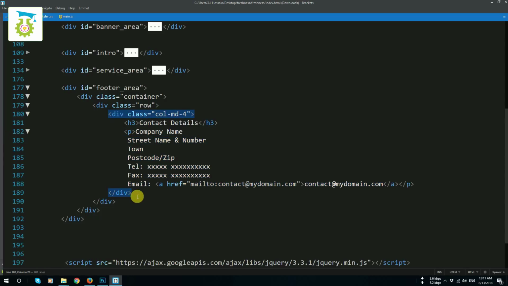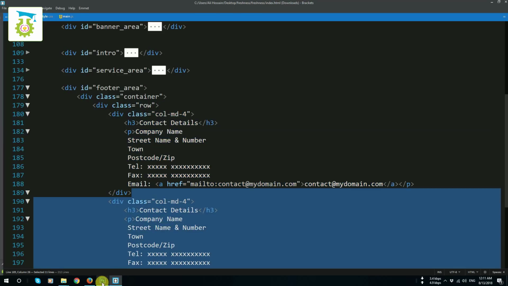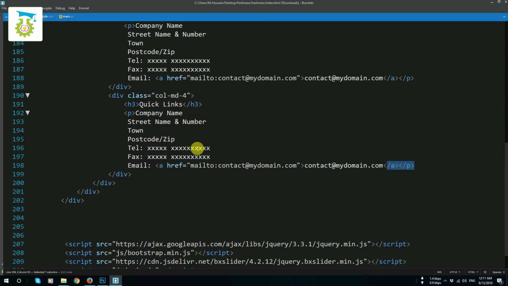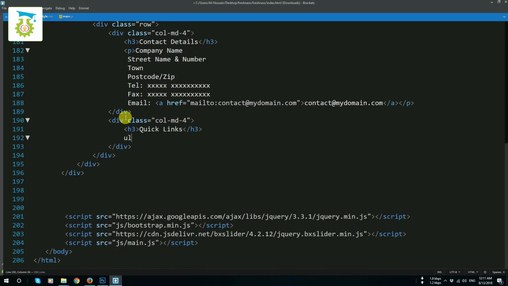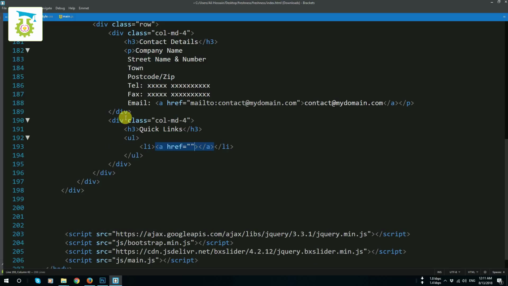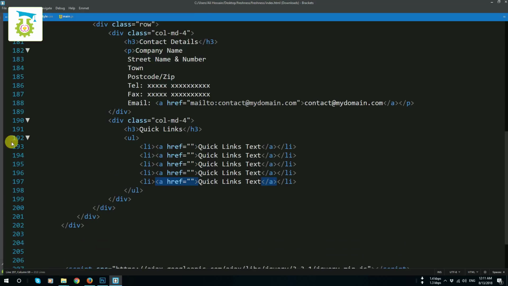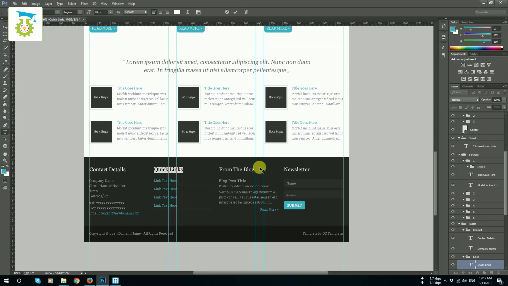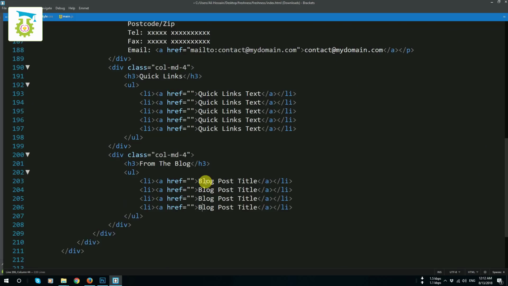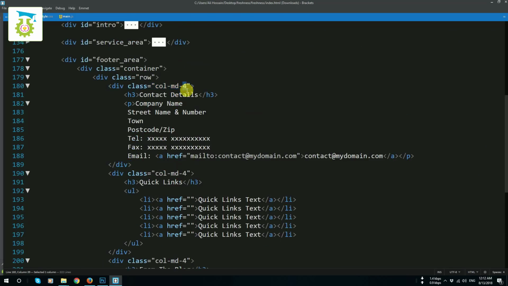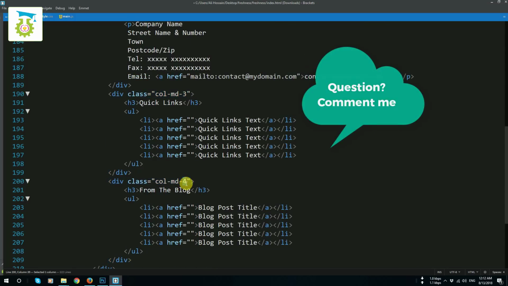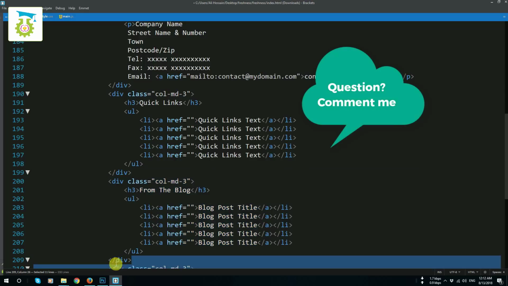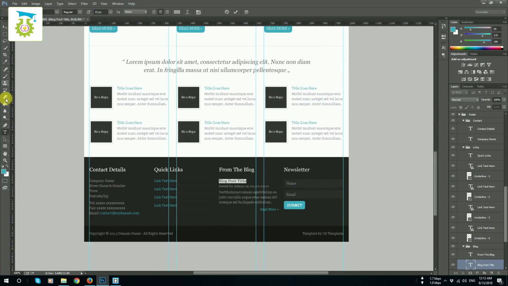Okay, now I am going to duplicate this, and the second one was quick link, and here I will write ul li a, quick link text, some duplicate lines. Now I am going to duplicate this once more. The third one was from the blog, I can duplicate some. It should be column md3, the reason being that I will use four columns here, and also a contact from newsletter